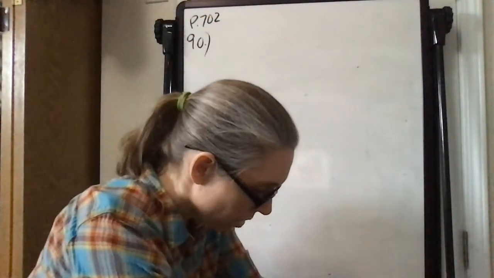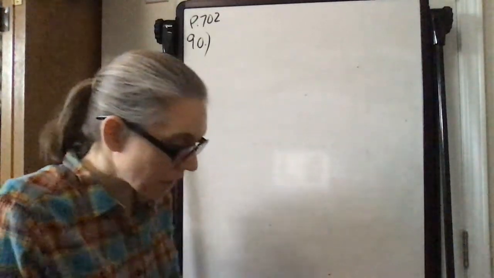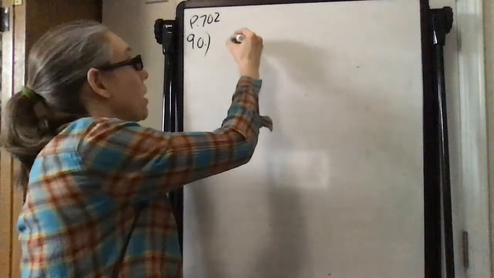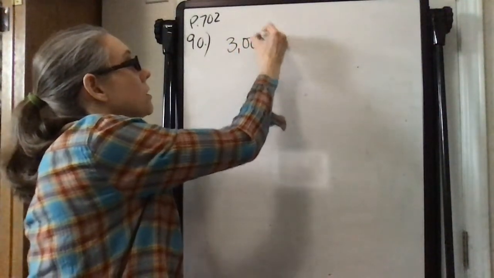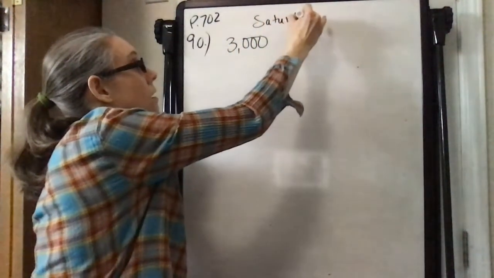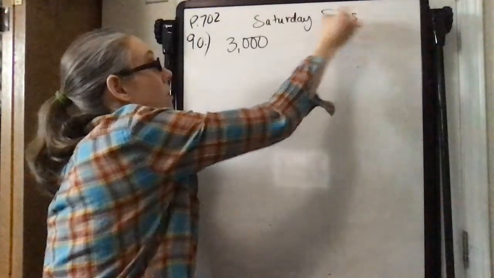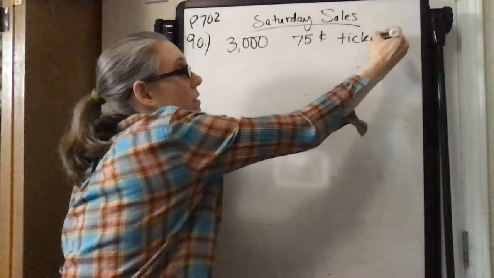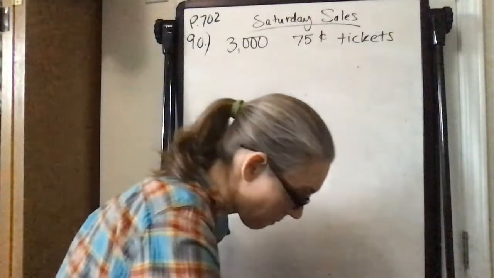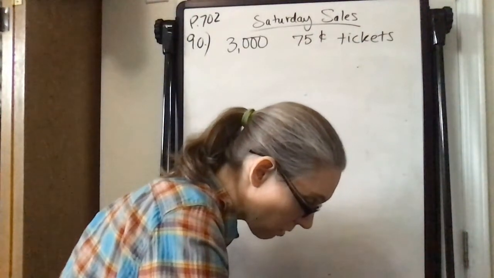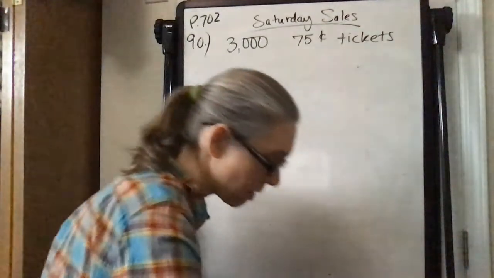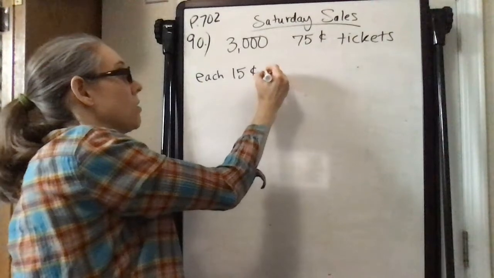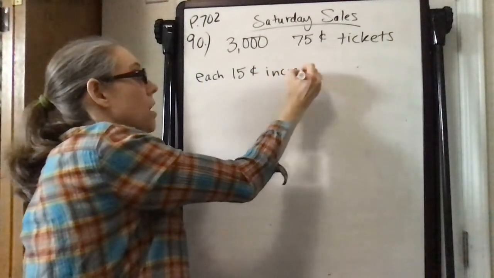Ticket sales. A carnival usually sells 3,000 75-cent tickets on a Saturday, okay? So the usual sales for a Saturday is 3,000 75-cent tickets. That's the usual thing for a Saturday. For each 15% increase in price,